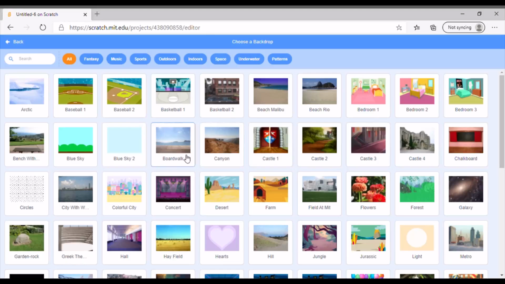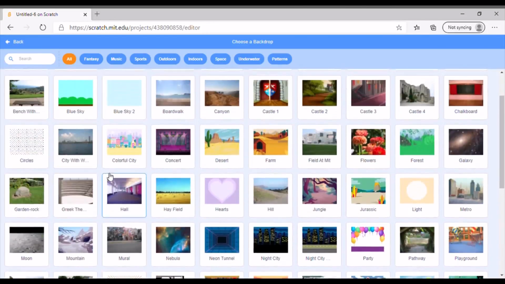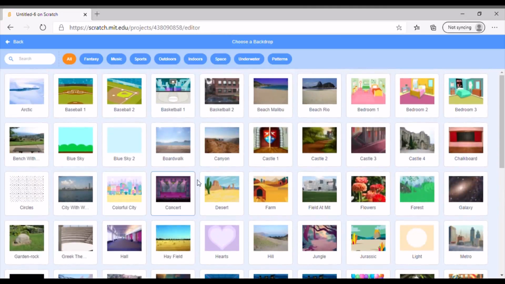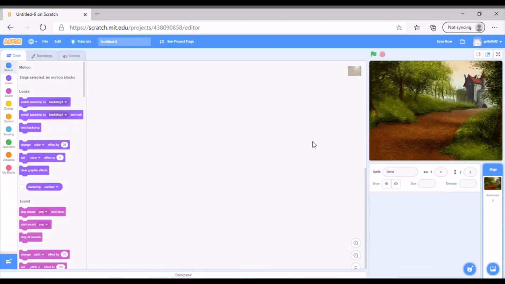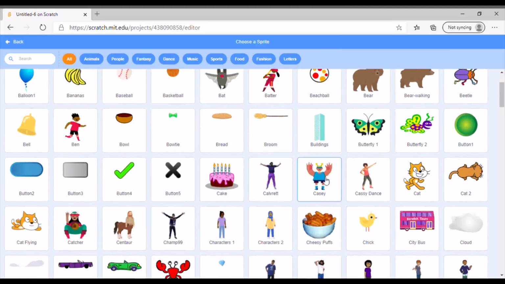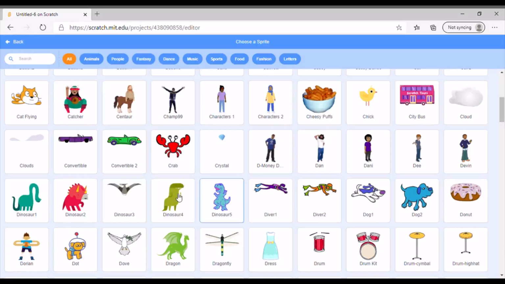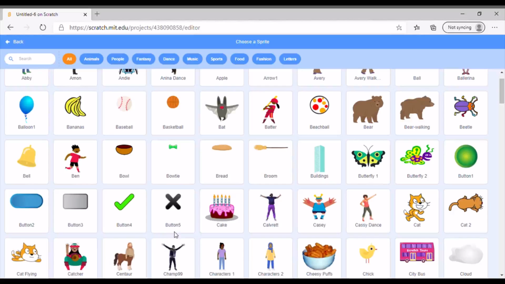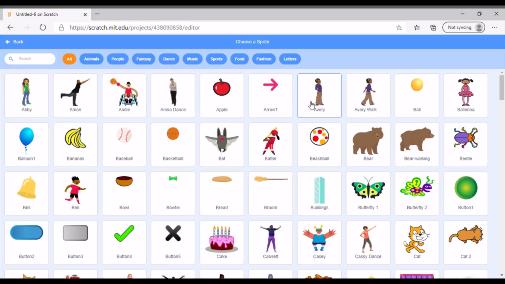Then you're gonna have all these amazing backgrounds you can add. You can add any one, but I'm going for maybe Castle 2, like the Cinderella one. I'm going to choose that. Now you can go ahead and choose your sprite. I'm going to choose some sprites. You can choose any sprite, like these ones over here, because you don't want them sitting, or like Abby or Avery